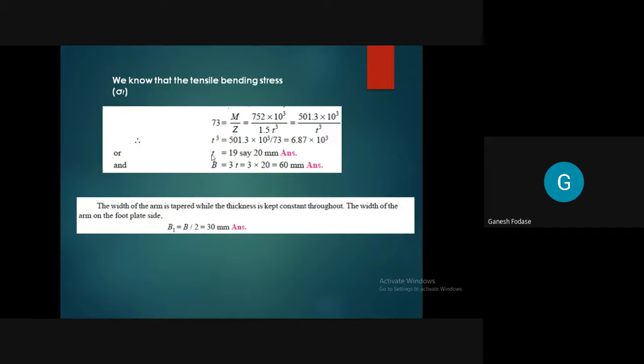So this is B. What are T and B, basically? T is the thickness of the arm. But where? At which portion, I'm asking. Is it uniform throughout? The thickness of the liver cross section, but where? Near the boss? At what distance?